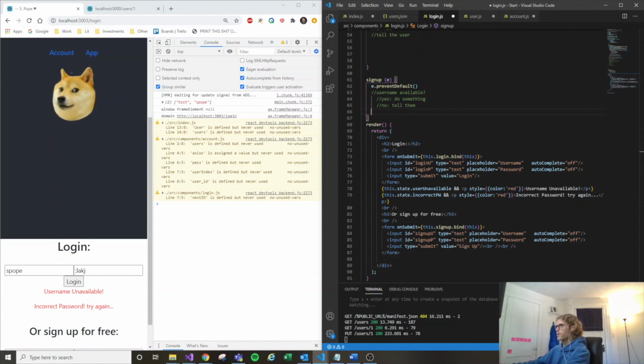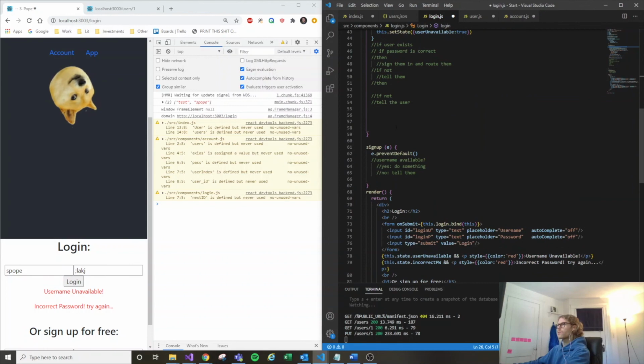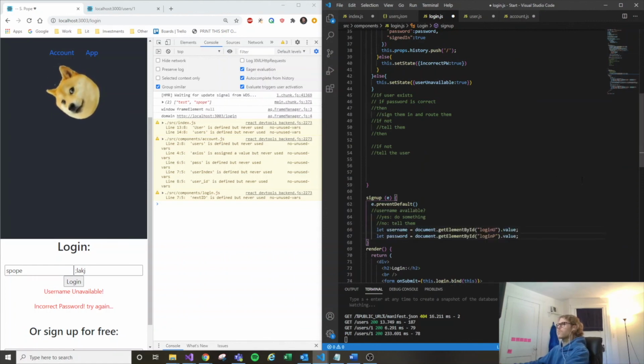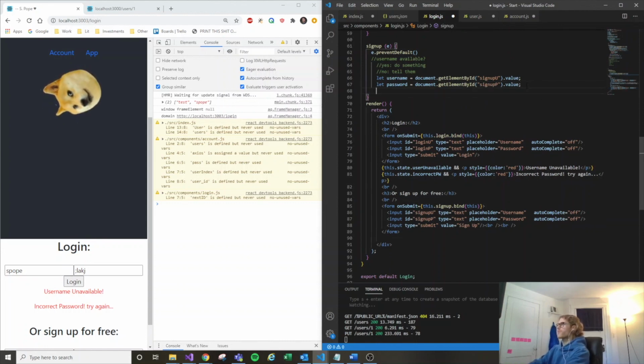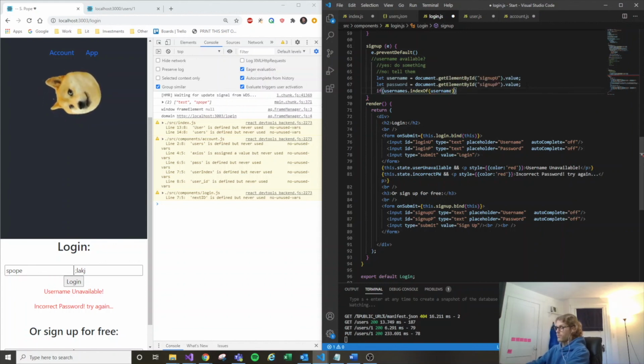So we're going to start by again getting our two fields. And these are going to be sign up. And now we'll say if usernames index of, same deal here except opposite. So we're going to say now if this is equal to -1, instead of greater than -1,